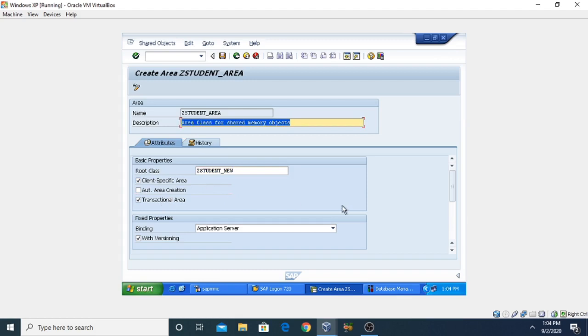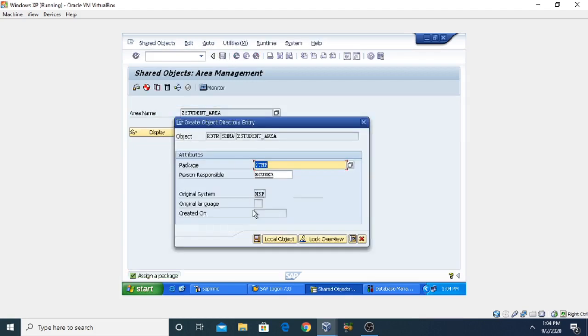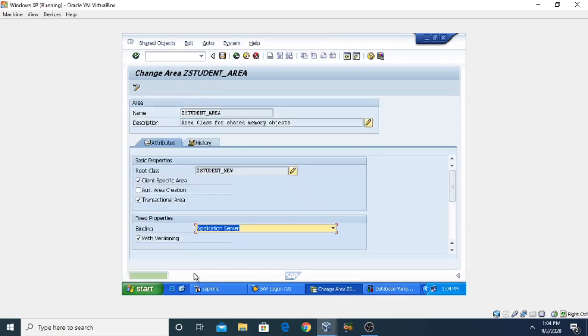By this way we can create the memory area for Z_STUDENT_AREA. Now click on the Save button, save in the package. It will generate the area class. You can see it is generating a particular area class and also creating the methods and saving the attributes.